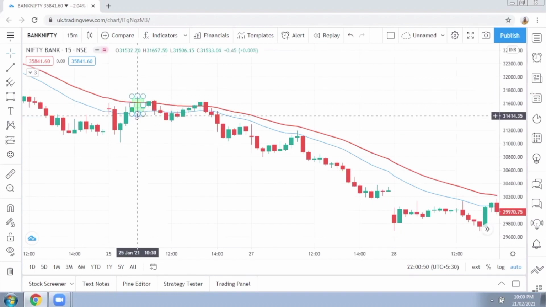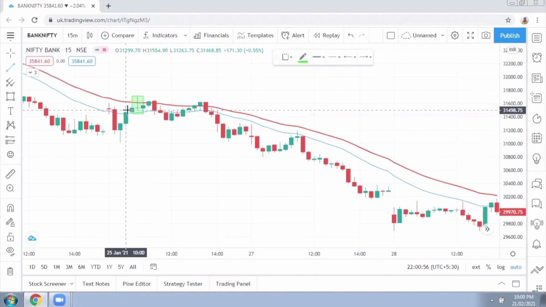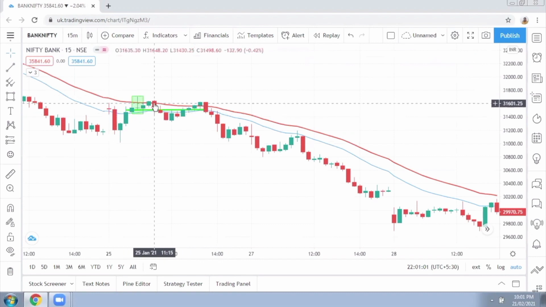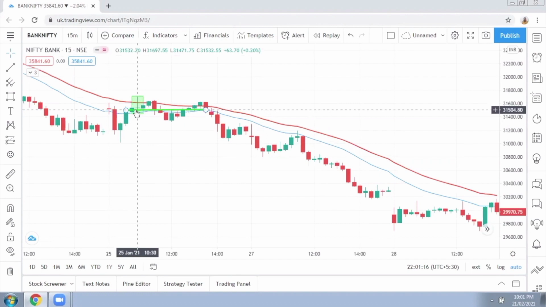Whenever price breaches the low, I will enter short, and I will put the stop loss above the high of that candle. So now I am marking the low. My short entry will trigger on this candle as it has breached the low of that bearish candle which is having a long upper wick. Long upper wick denotes supply. So this is a confirmatory candle that there is supply from big money, or there is a bearish sign, and it tells us that the market can go down if the low of that candle is breached. This is our hypothesis while using this strategy.